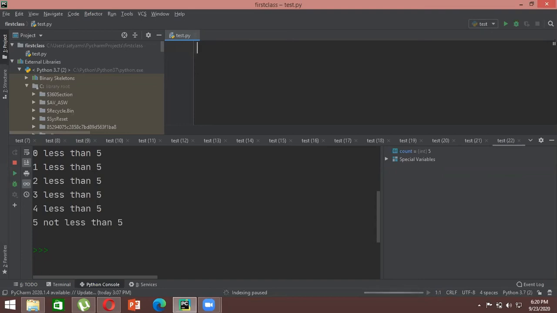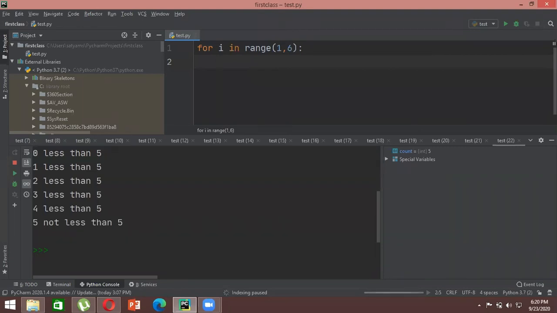So in any kind of pattern problem, as I already told you, you have to consider two things. First is the rows and the second one is the columns. Every time you run it, the first loop is always dedicated to rows and the second loop is always dedicated to columns. Okay. So what I can write is, for i in range. Here i is for the rows. I've dedicated my variable i for rows, and similarly I will dedicate another variable j for my columns. And what I can write here is for i in range, and let's say my range is 1 to 6. Okay, and then I can create another loop which will be for the columns.